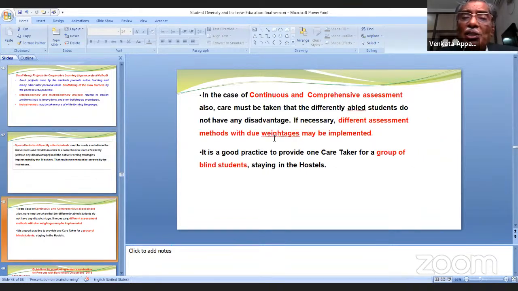In case of continuous and comprehensive assessment also, care must be taken that differently abled students do not have any disadvantage. If necessary, different assessment methods with due weightages may be implemented. This is very important. This is implemented in some of the universities like University of Hyderabad for differently abled students. Different assessment methods, and they are given more time than other